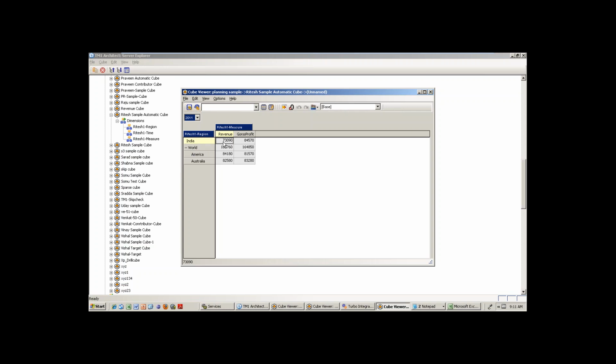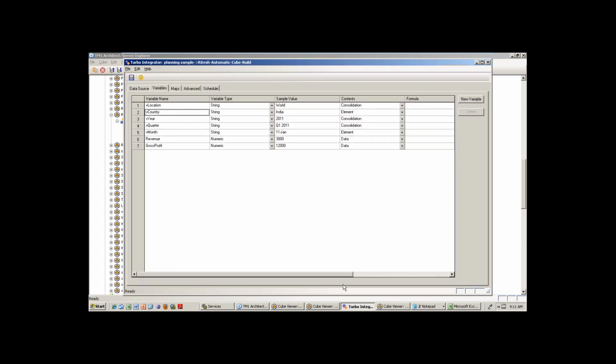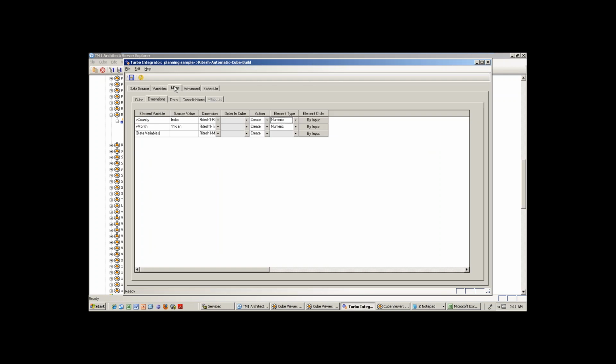Are you getting my point? And one more thing, Ravi, if you try to rebuild the cube, India will again fall inside, right? No, no, no. As per the mapping, I will not touch it here. If you want the same structure, I will put it as is. I will not recreate the same thing.